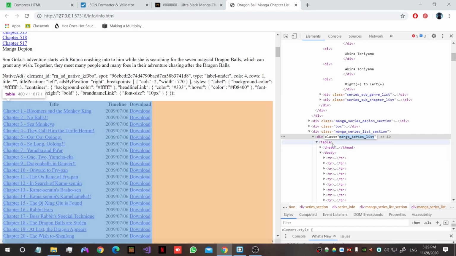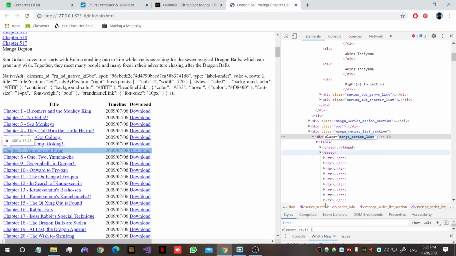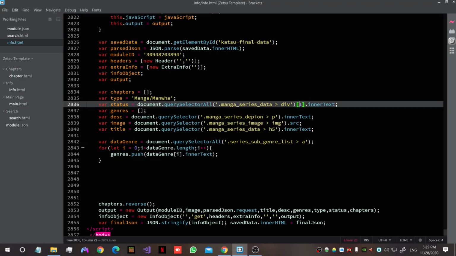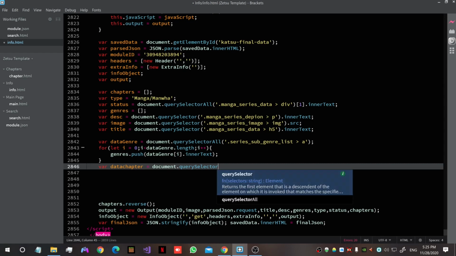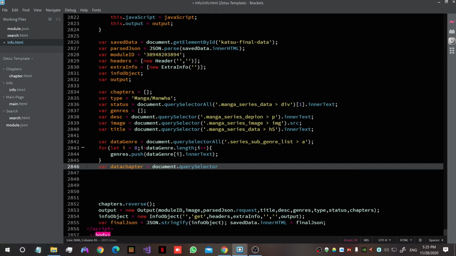The class. Then we're going to select the table. Then we're going to select the tbody, which is basically the table body. And then for what we have to do, we're going to make another var dataChapter, and we're going to make document.querySelector. I mean, honestly, we could do a querySelectorAll, and then dot,